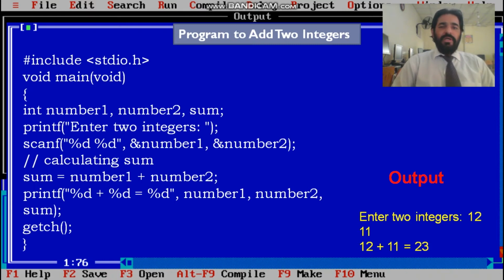Now we are going to add a printf statement. In the printf statement, we are adding two variables. For example, "Enter two integers." That can be any type of data. Now to take input from the user, we are using the scanf function, %d and %d for two variables, number1 and number2. And we will also add a semicolon at the end of every statement.